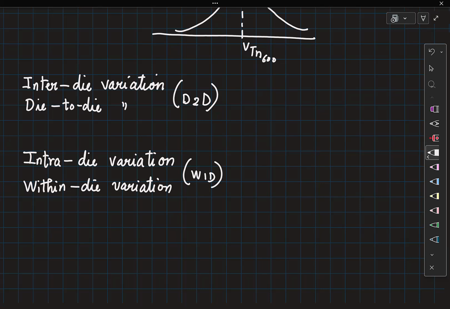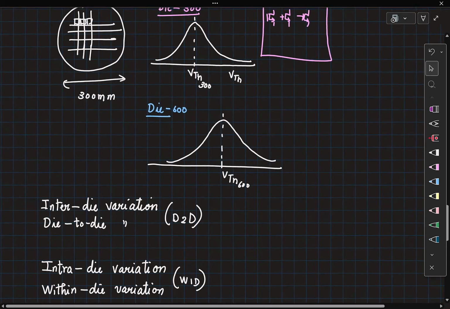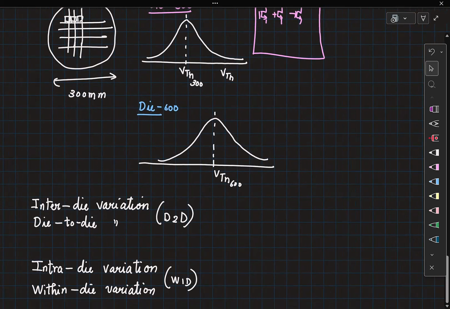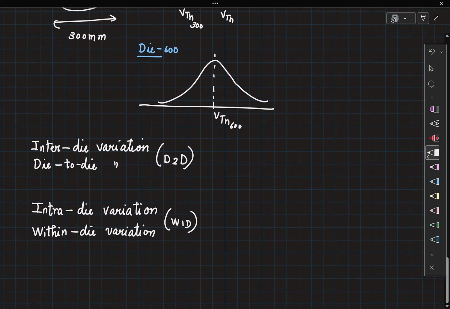Now as designers, this is problematic for us, which means we will not be able to confidently say that the NMOS transistor has so much VTH, it has so much current, etc. Now as designers, we call this inter-die variation process variation, and the intra-die variation, which means variation of the properties of the transistor within the same die, mismatch.